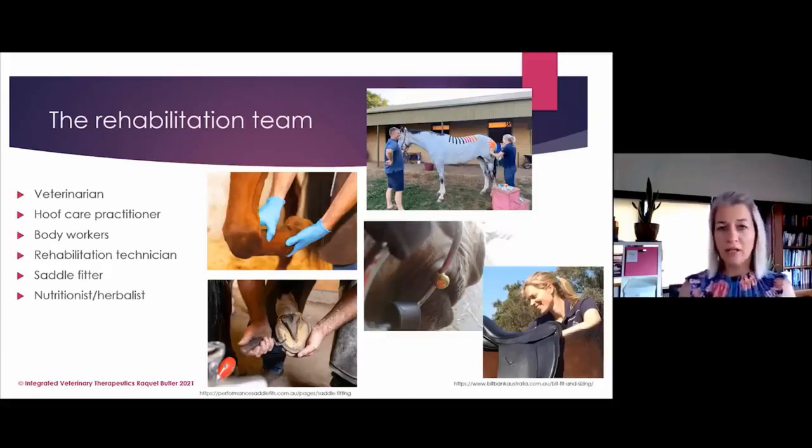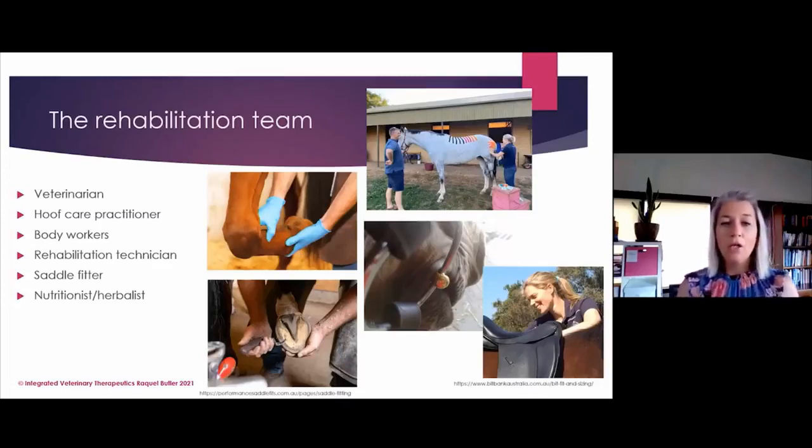I also want to be able to adjust balance at much smaller intervals. So generally we'll take it back to 4 weeks so that we can really help the body maintain a better posture. The only time that becomes difficult is when you've got problems with weight bearing due to the injury, such as a fractured pelvis. It can be quite a challenge then to trim a horse's feet when they're in that much